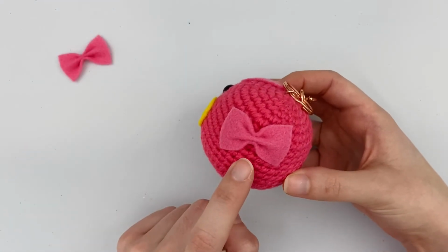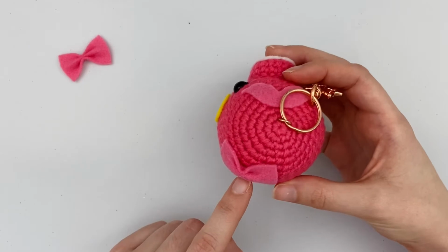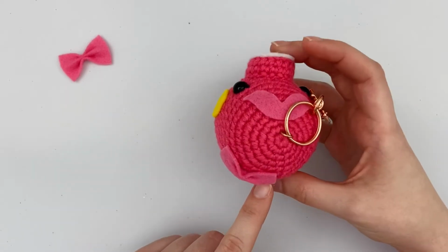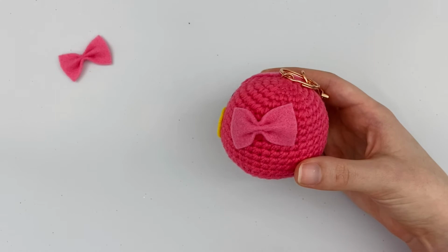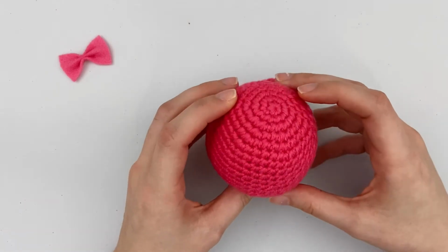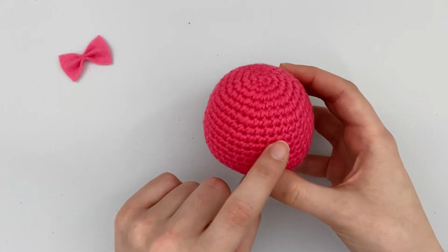So now it's time to glue our bow that we just finished creating onto our Marina keychain. I placed my bow 8 rows from the top, a little bit off-centered, and then from there I turned it a bit diagonally. So if we grab our Marina keychain, we can count 8 rows from the top. So right about here,